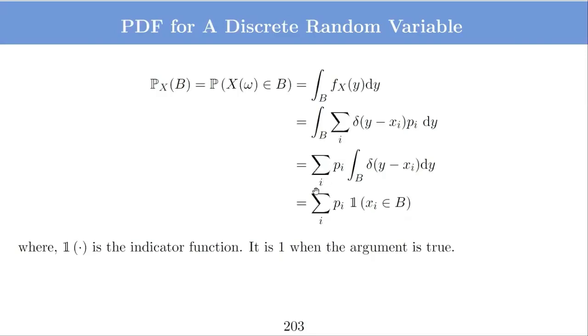So the summation will be outside with pi, and then the integration over B of delta(y minus xi) dy. Now if you look at this integration, delta(y minus xi) dy over set B, this is an integration of an impulse over set B. And you know that this will be 1 if the interval B includes xi. So if the point xi takes a value in B,